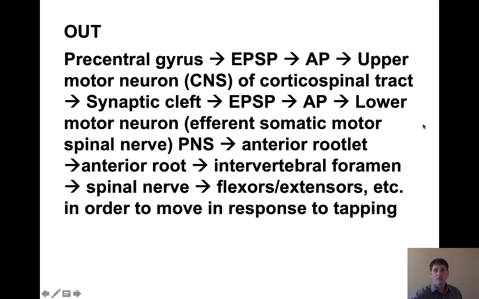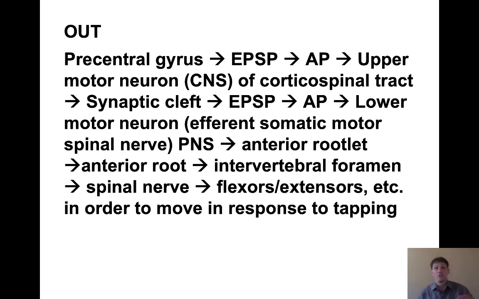That then synapses with a lower motor neuron, and I would encourage you to practice how an EPSP and an action potential is transmitted every time you talk about this. That lower motor neuron then is going to carry out that motor information through that spinal nerve. So that's going to be part of our peripheral nervous system. So it's going through that anterior rootlet to our anterior root, out through that intervertebral foramen into our spinal nerve, and then that's going to innervate our flexors and our extensors, and we move our arm away from that